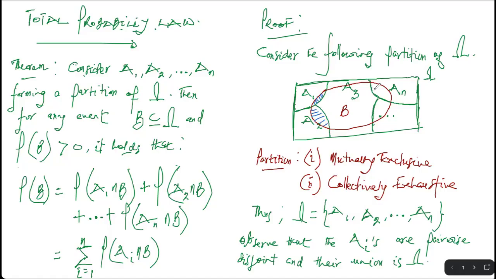etc., all the way to AN intersection B. And then this part also, right? The point that we're making is, look at this region, A1 intersection B. That region does not overlap with A2 intersection B. They are mutually exclusive regions, right? If you take, let's say, A3 intersection B or A4 intersection B, this region doesn't overlap with AN intersection